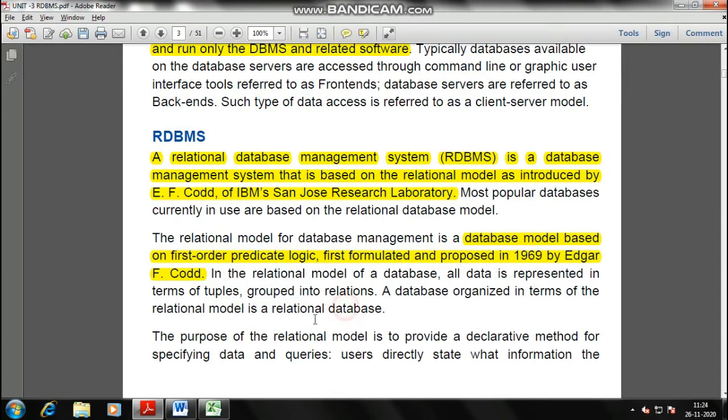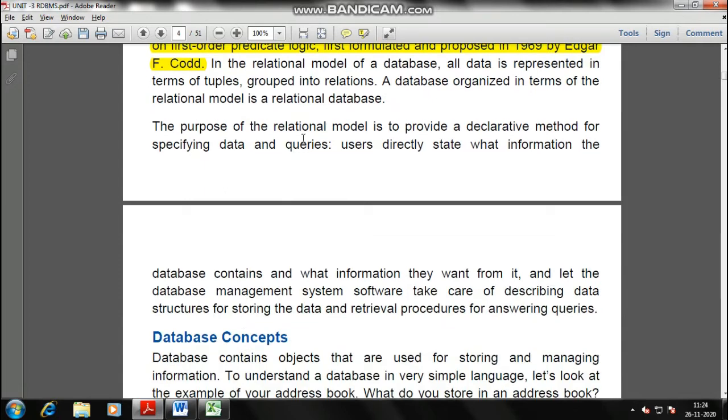Okay, so the purpose of the relational model is to provide a declarative method for specifying data and queries. Means users directly state what information the database contains and what information they want from it. Why is the relational model there?